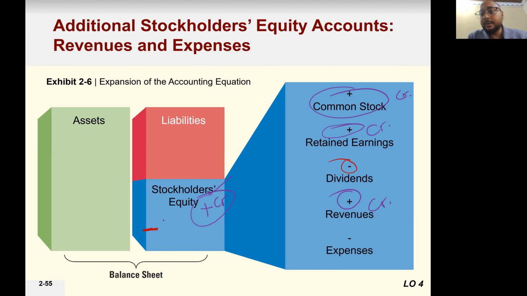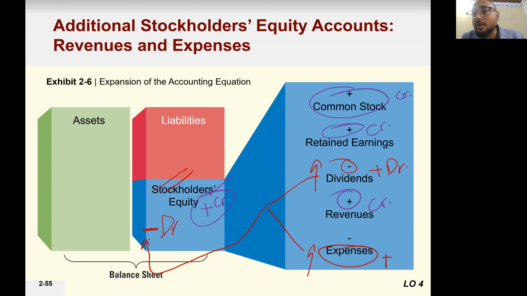When stockholder equity decreases, we write it down on the left-hand side, or debit side. So if dividends increase, it is written on the debit side. Many students are confused, sir: dividends and expenses belong to stockholder equity, so if there is an increase, we should write it down on the credit side. No, because the logic is, if expenses increase or dividends increase, both decrease the stockholder equity. So that's why an increase